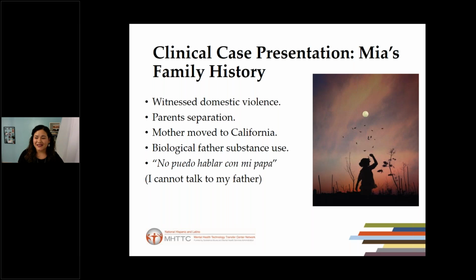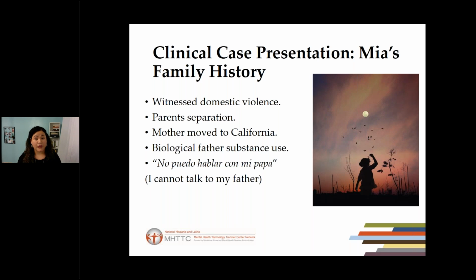Next slide, please. I would say that this family was so amazing. I think this family was the dream family that we wish to have in therapy because they were consistent with therapy sessions. They were always on time. Mom was always taking into consideration the recommendations, asking questions, and they were really engaged through the therapy process.